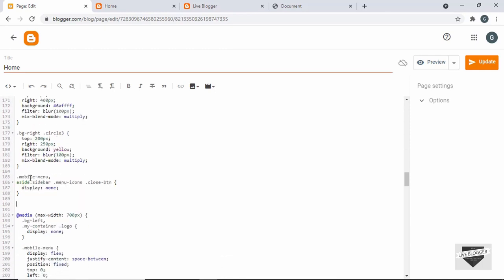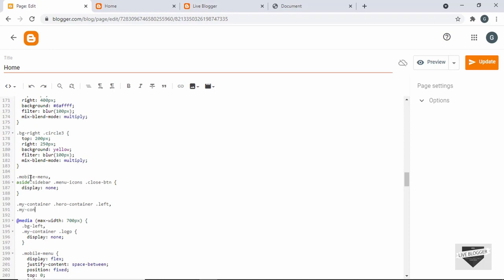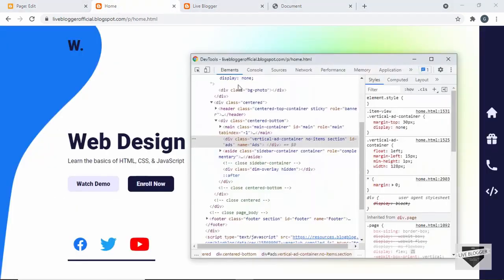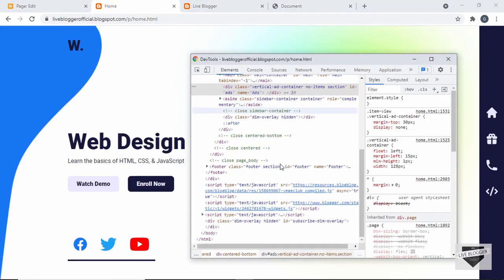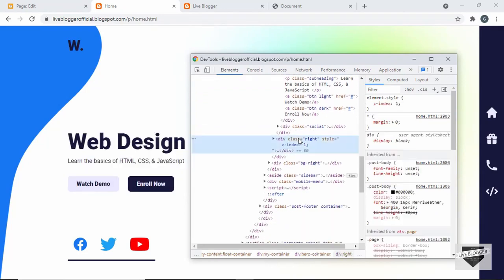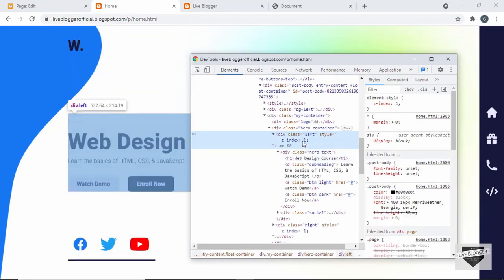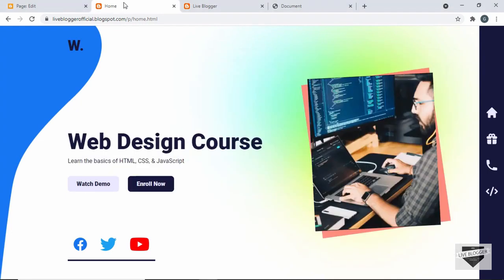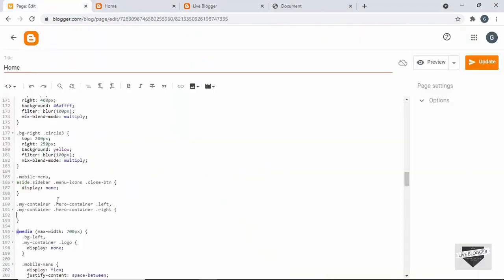So let's add the selector over here. So I'll just type my container, hero container left, and my container, hero container right. So these are the classes that we had given for these elements. So here we can see inside hero container we have division right and division left. So let's set the z index to 1 and let's update it,